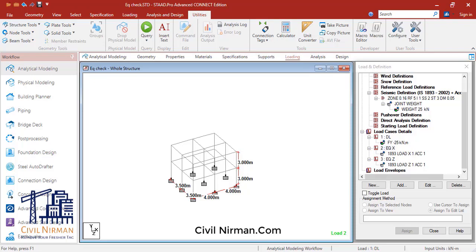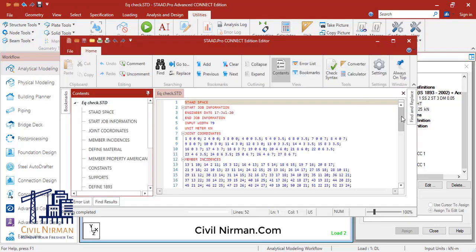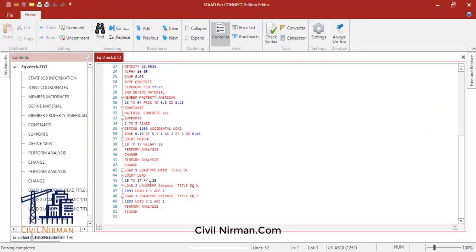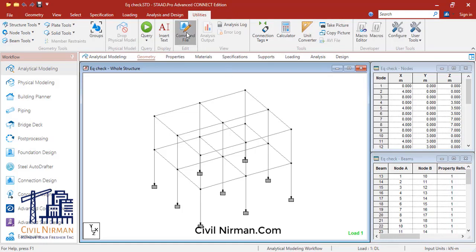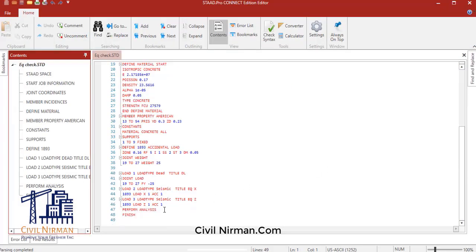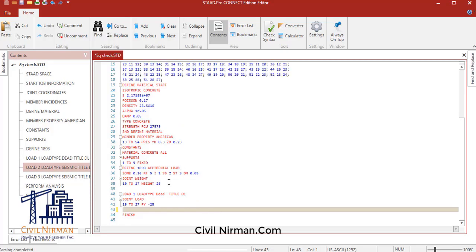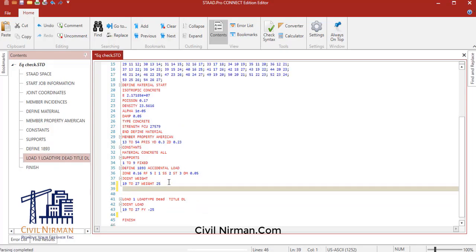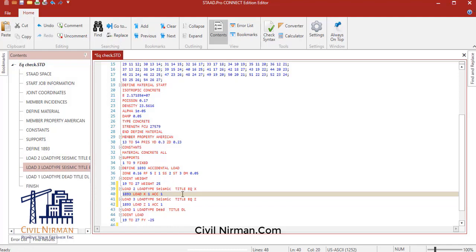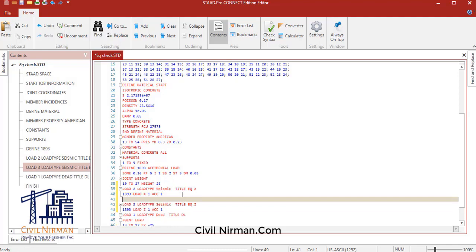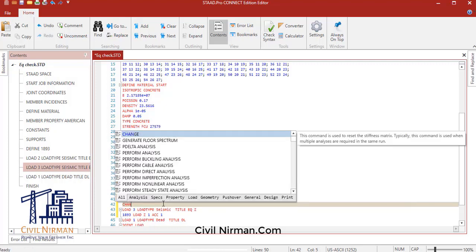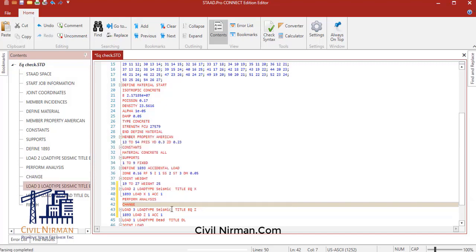So over here I'll show you the manual calculation, how it will be calculated and distributed. So I'll go in the editor. Now see, these are your seismic load cases. I need to put them after the definition. Okay. Now in order to separate the analysis, I will follow the command with perform analysis change, so that it will separate your analysis.